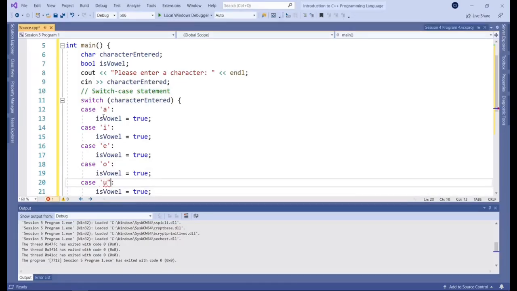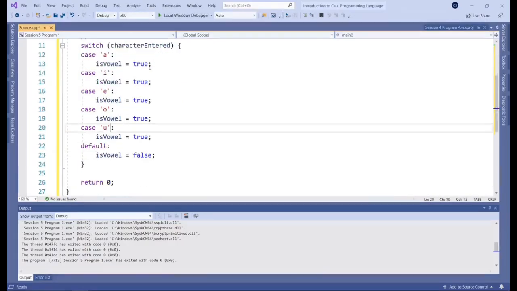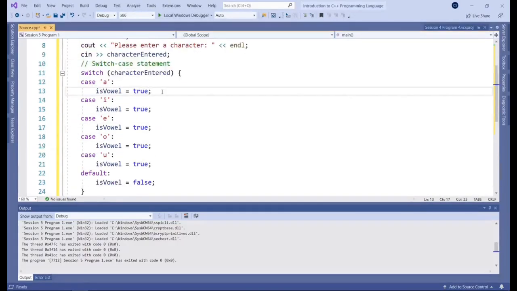And the second thing with switch case statements is we need break clauses. If we keep this as is, and for example, the user enters the character U, this code will get run, and also this code, because you have sort of like a cascading effect.